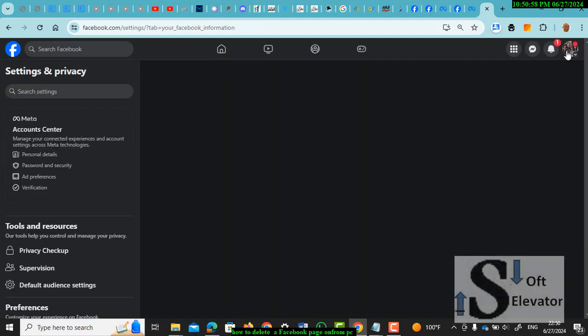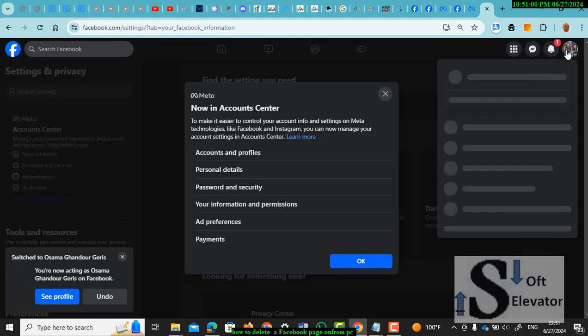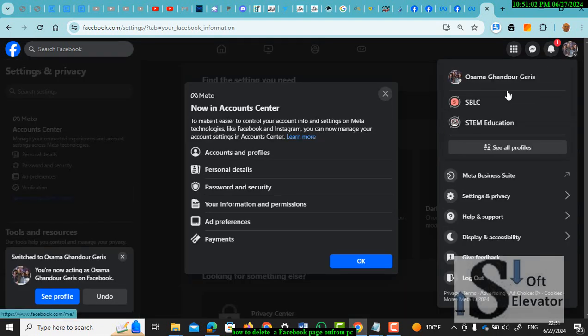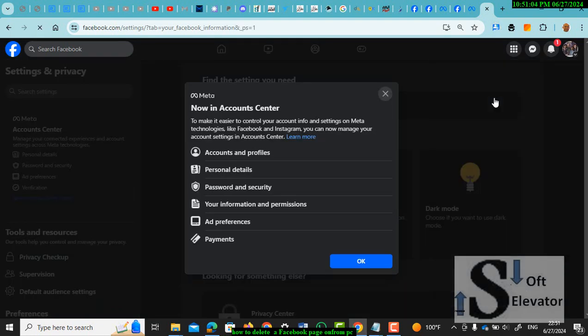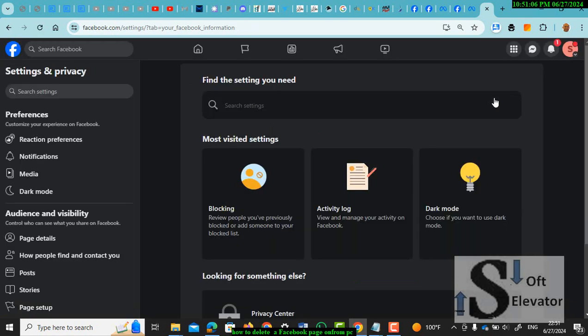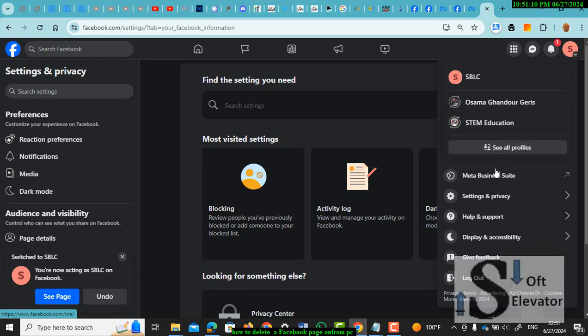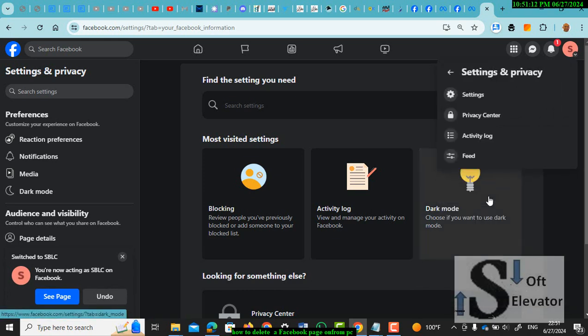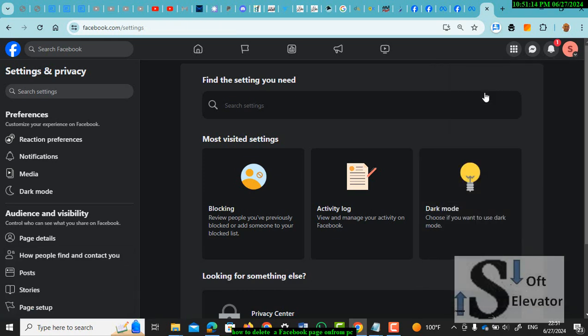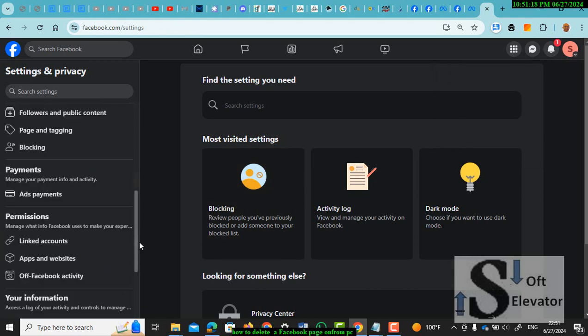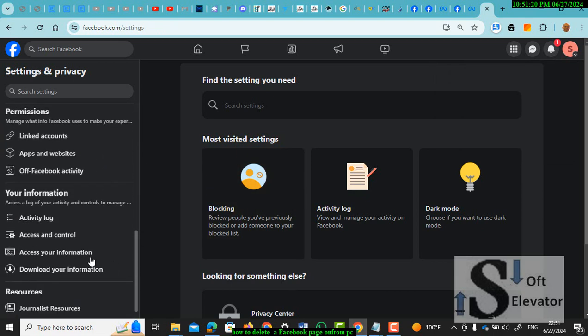First of all, this is my account. I will go to the page from here or from the page, then select the page, and then select settings and privacy and settings, and here from the right select the access and control,